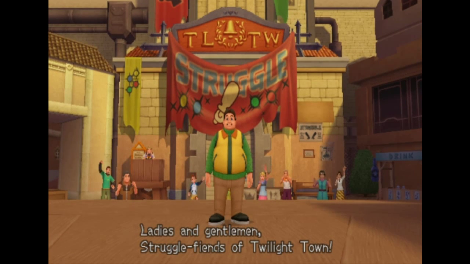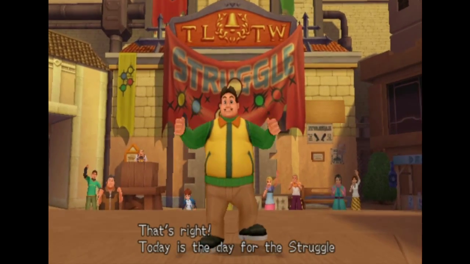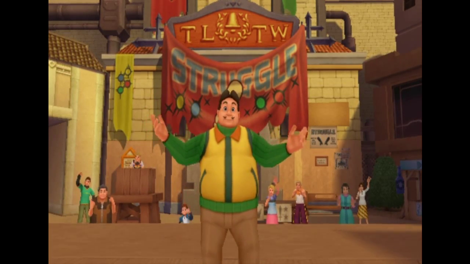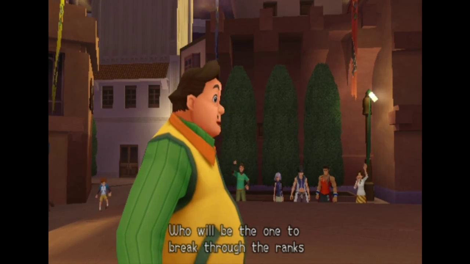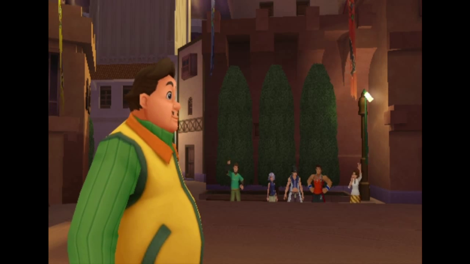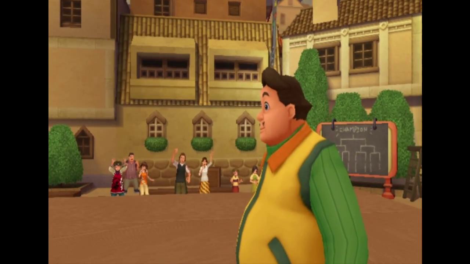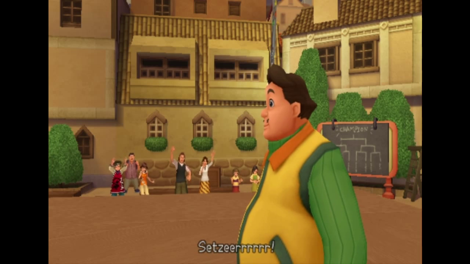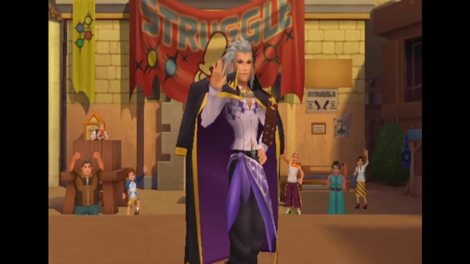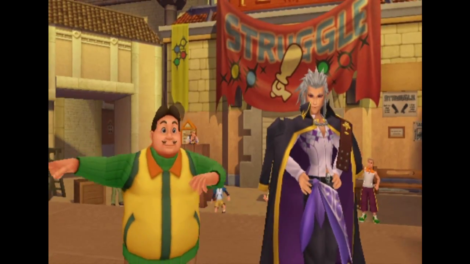Ladies and gentlemen, struggle fiends of Twilight Town, it's time for summer's most sizzling clash. That's right, today is the day for the struggle and title match. Who will be the one to break through the ranks and take on our champion, Setzer? Cypher! You know? And who will leave today as our new struggle champion? Hayner! Roxas! Yes, the crowd is fired up, so you know what comes next. Let's